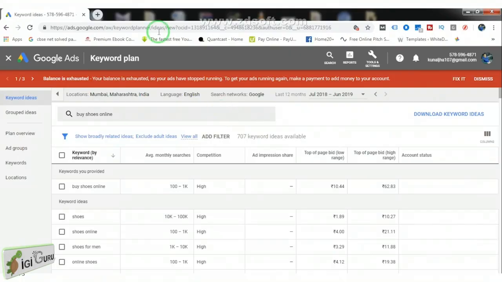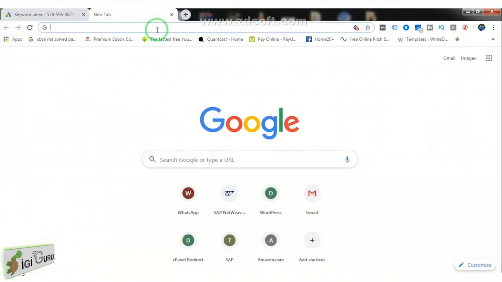So, in on-page SEO, let's have a look on our screen. How do we use or implement those keywords on our website's backend? Welcome back, guys. In this video, we will be learning how to implement the keywords on our website.